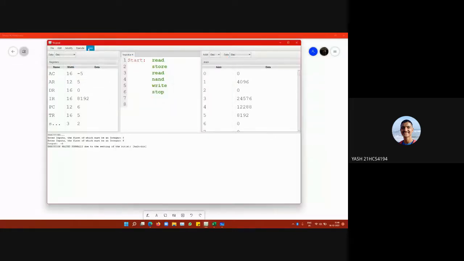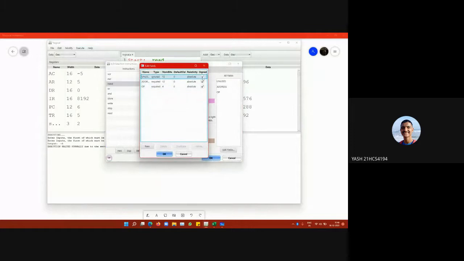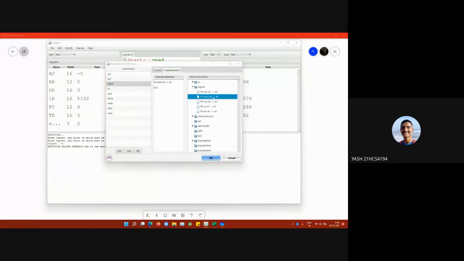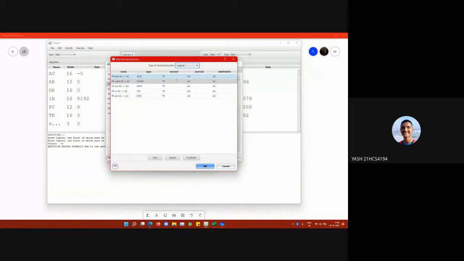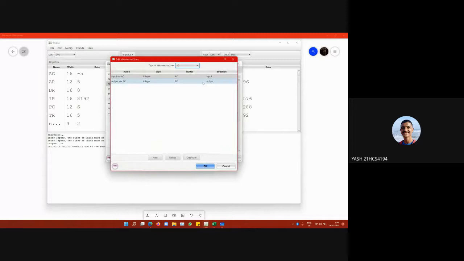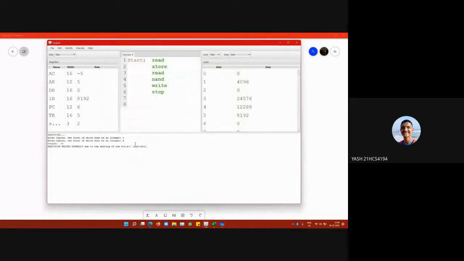Modify the machine instructions, edit fields. What if we keep the input and output unsigned, then I think it will give 3. The input is AC. It should give 3. Yes, it is giving -5.